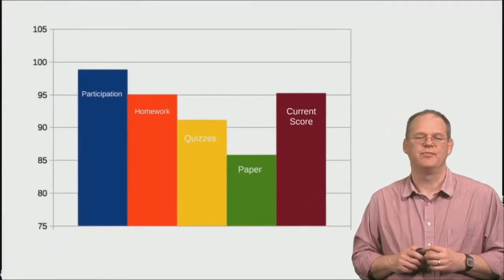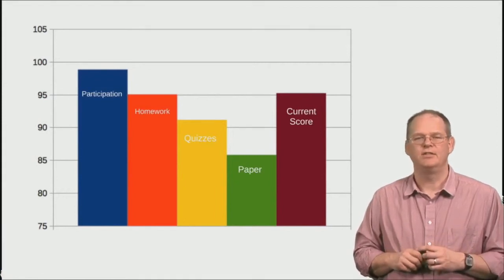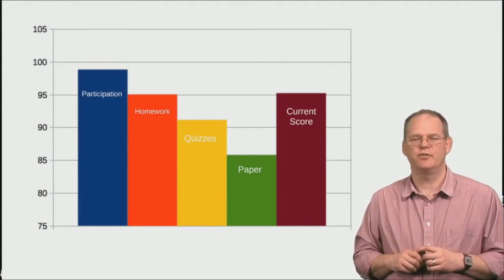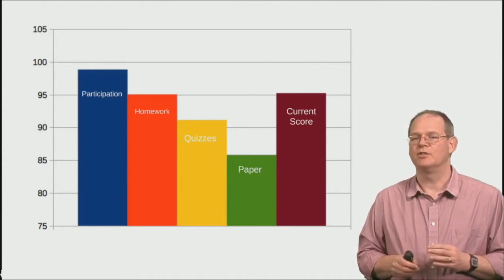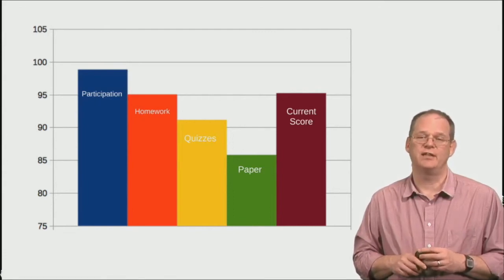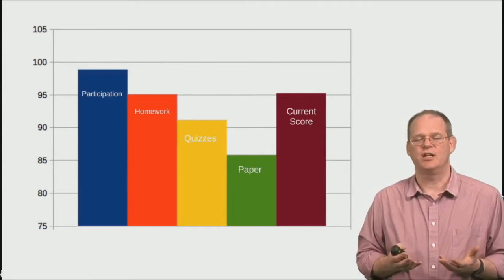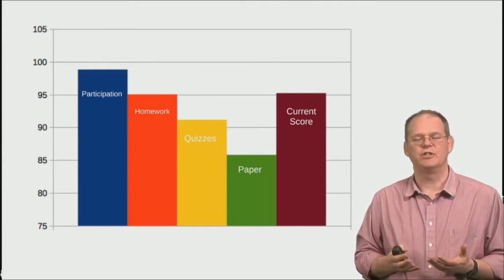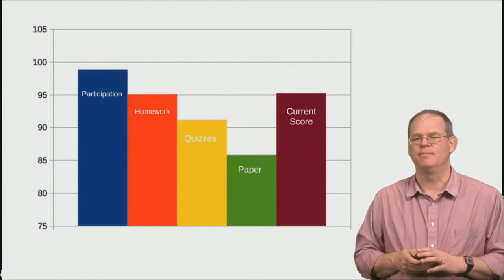Here's another course, and similar kinds of grading categories: participation, homework, quizzes, and paper. And here the homework and quizzes are not quite so different, about a 5-point gap, a little less. But the paper is showing a 10-point gap between the score that students are getting there and their current score. So that might be evidence that maybe they're really having difficulty with the writing assignments for the course,